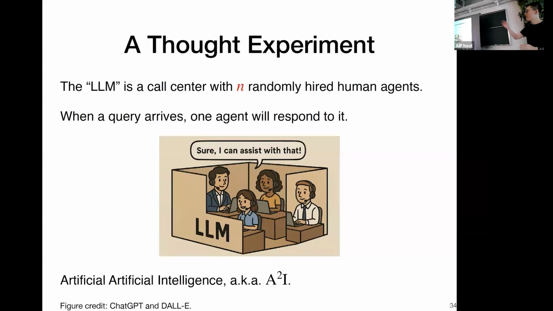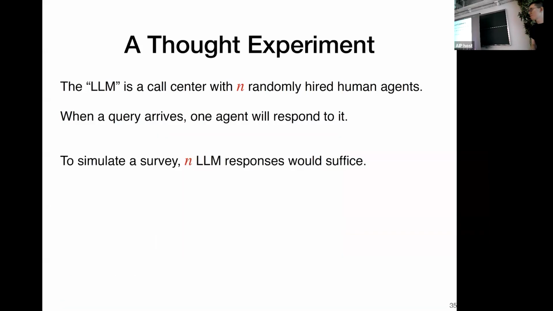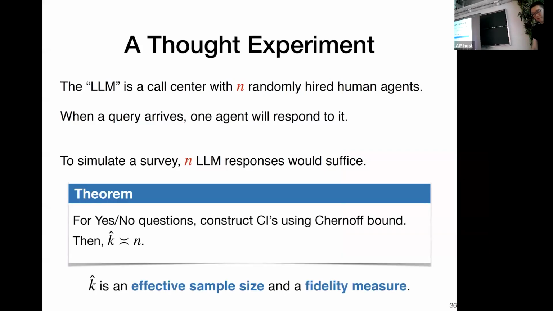Roughly speaking, if your language model has n real people hidden inside, then you draw around n samples. That's also the same idea as the bootstrap. For such a system, n synthetic responses would suffice. Coming back to Yuji's question, in certain scenarios you can show our selected sample size is roughly proportional to this n, and that's the optimal measure of distribution shift.